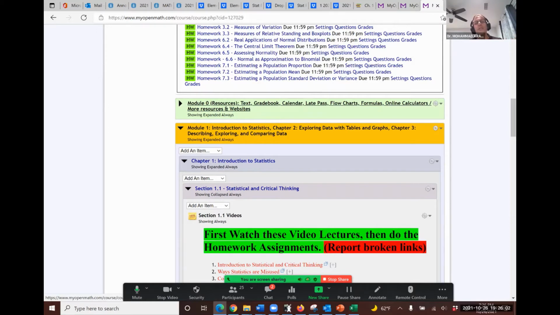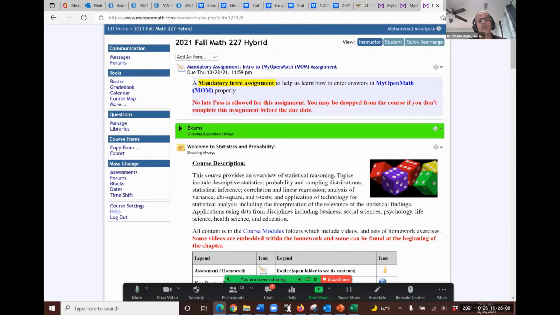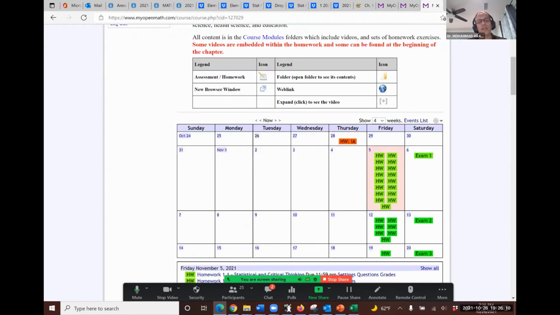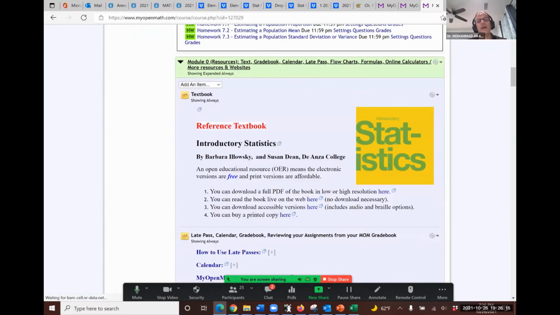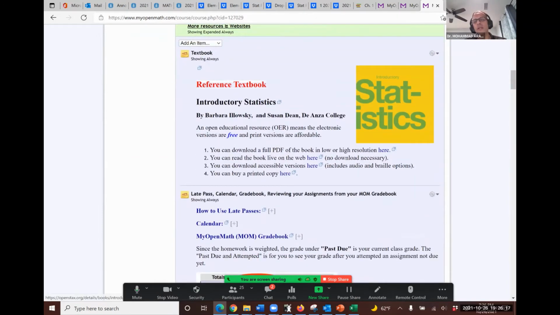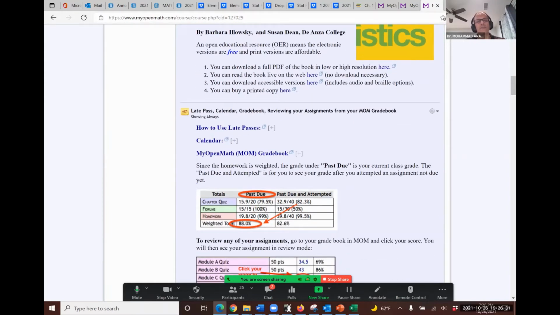Module 0, please, if you have almost any questions about MyOpenMath after you do the introductory assignment, every question you have should be answered here. So take a look at what you find there. First and foremost, we have the text. Again, you can click on it. And this is simply a reference text. You don't have to study it if you don't want to,